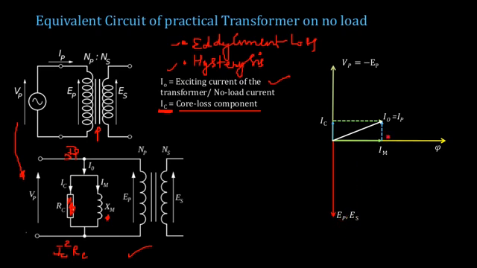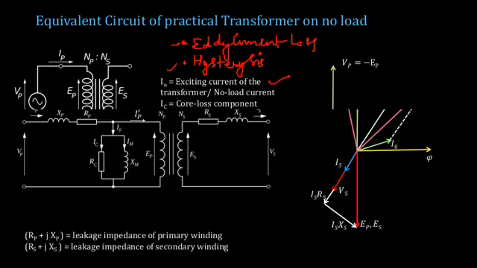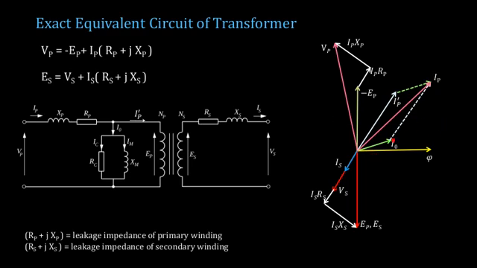Only thing is that you have added some new component IC. So once the IC component comes, the angle between I0 and phi becomes some angle phi 0. So you'll have some angle phi 0 here. Now in the next figure, I will not be showing IC and IM, because it is already known to you that I0 can be resolved into two components. So I will be simply showing I0 only, without its individual components.